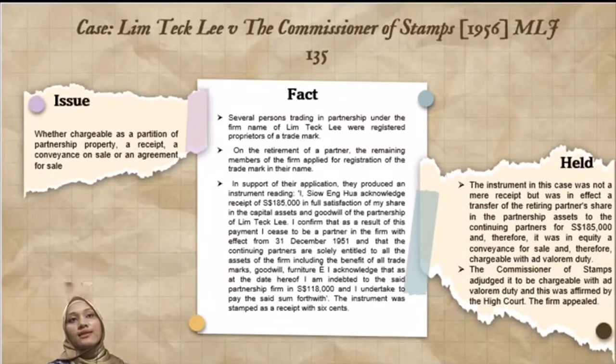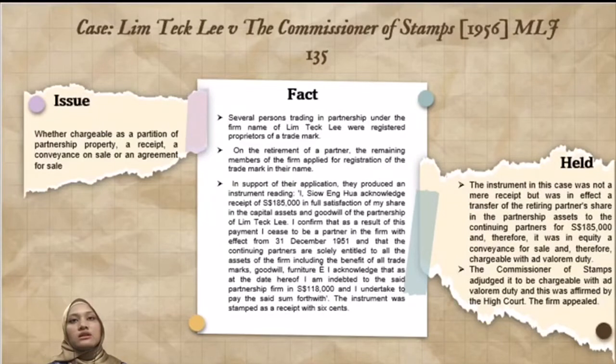The issue is whether it is chargeable as a partition of partnership property or as a conveyance on sale or an agreement for sale. The fact is several persons trading in partnership under the firm's name of Lim Tek Lee were registered proprietors of a trademark. On the retirement of a partner, the remaining members of the firm applied for registration of the trademark in their names. In support of the application, they produced an instrument reading: I sell and Hua acknowledged receipt of